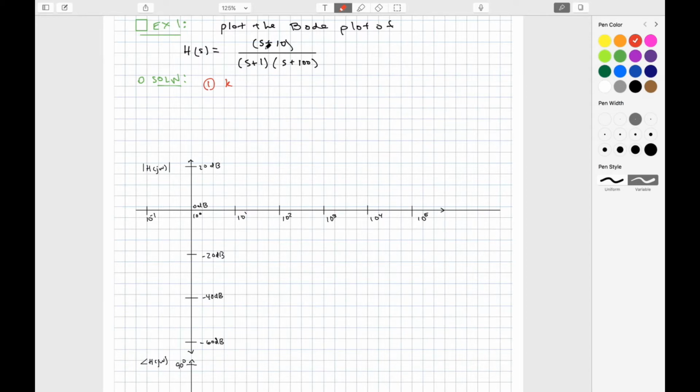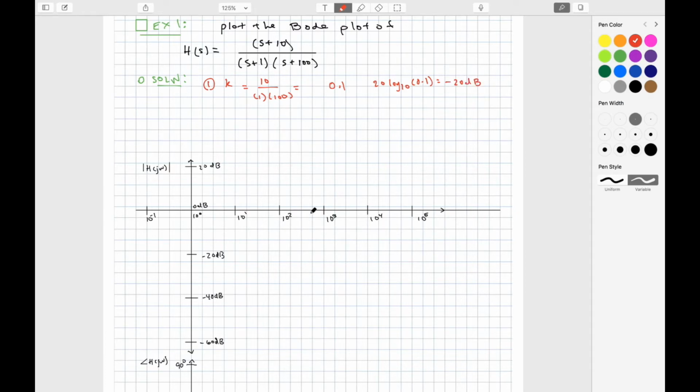K is just equal to the limit as s approaches 0 with all pure integrators or derivatives removed, and so in this case it's going to be 10 divided by 1 times 100, which should equal 0.1. And then I just need to calculate in decibels the value, which is 20 log base 10 of 0.1, which is equal to negative